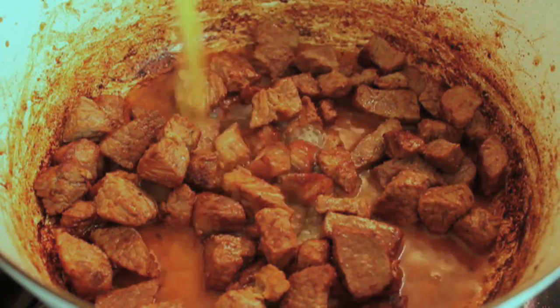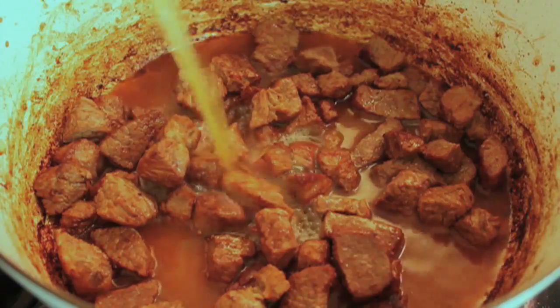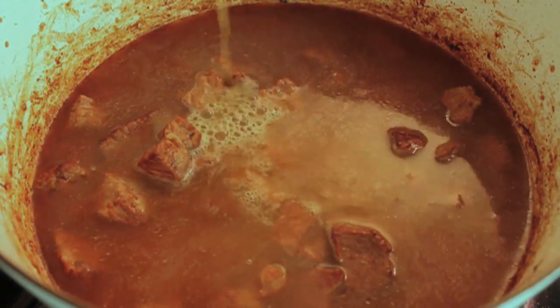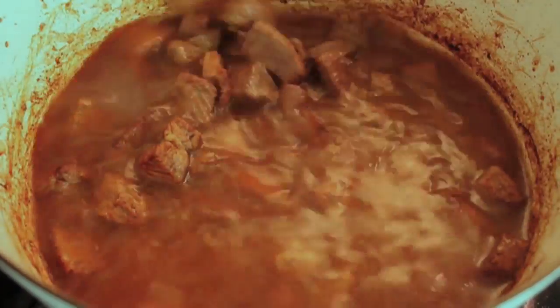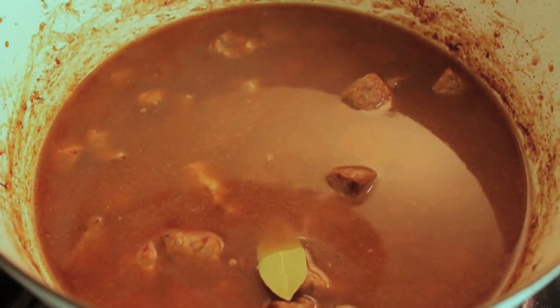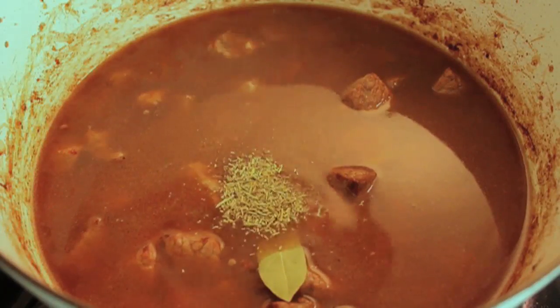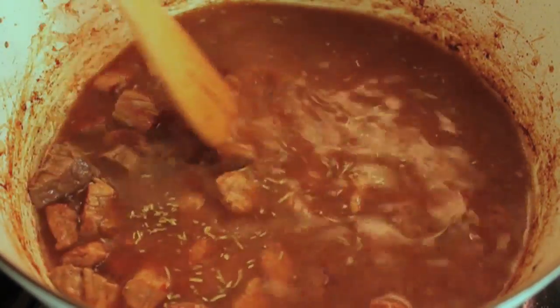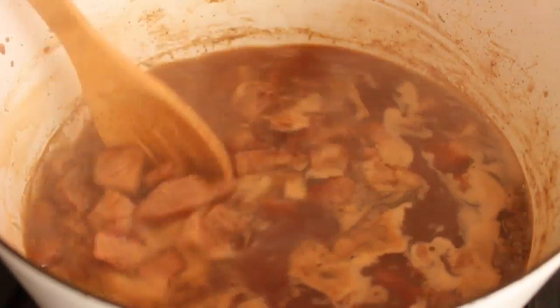Okay, so once it's brown, we're going to add a quart of chicken stock. You can use water. You can use vegetable stock. Don't use beef broth. Why? All right, just trust me. I don't have time to explain. We're going to throw in a bay leaf and just a little pinch of dry rosemary, maybe a quarter of a teaspoon. And that's really going to be it for seasoning for now. I'm going to bring that to a simmer, turn it to low, and just let it sit there